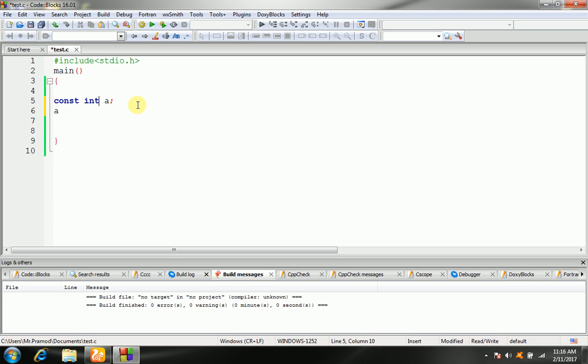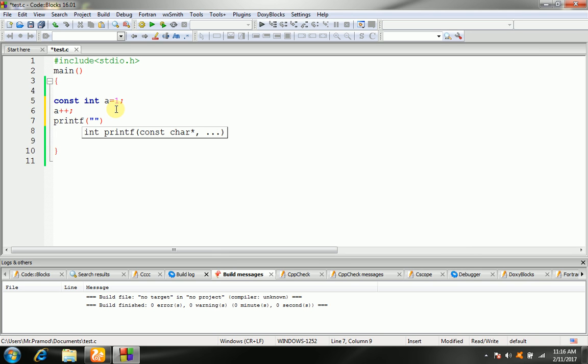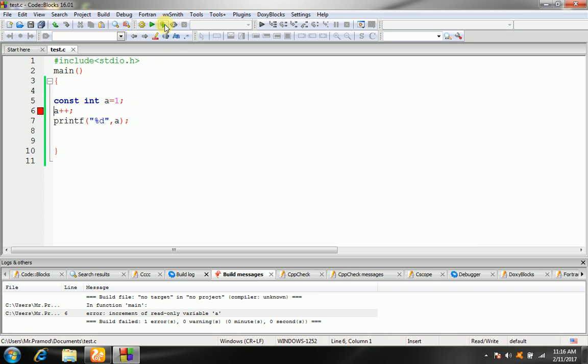If we assign a value a equal to 1 and we post increment this value with a plus plus, and we print the value of a with the help of format specifier %d a and semicolon, and we build and run.